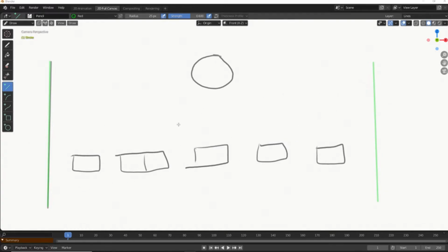Okay, so what's going on? What happened here? What went wrong with the platform? Why does the gap become wider and wider every time I go to the left? So what happened is when I go to the left,